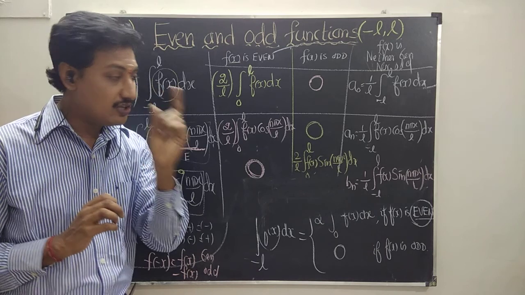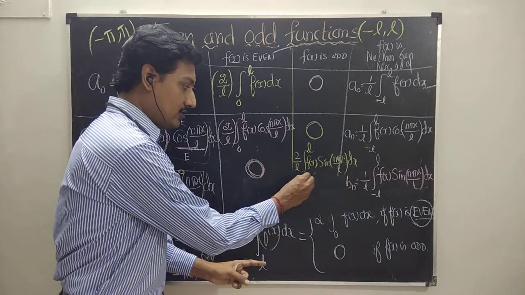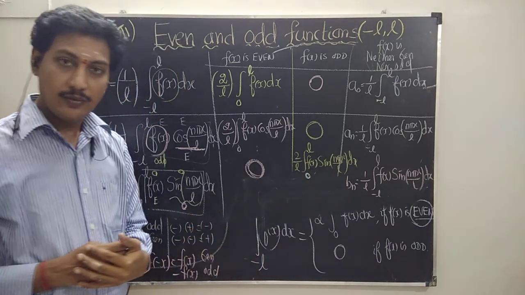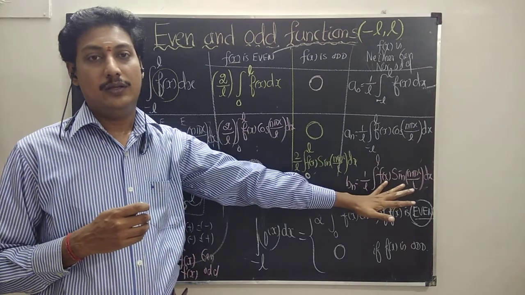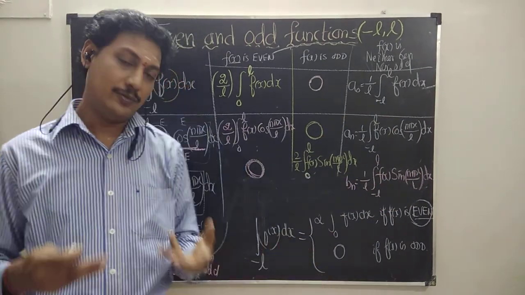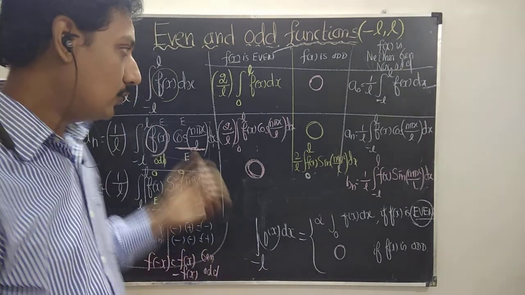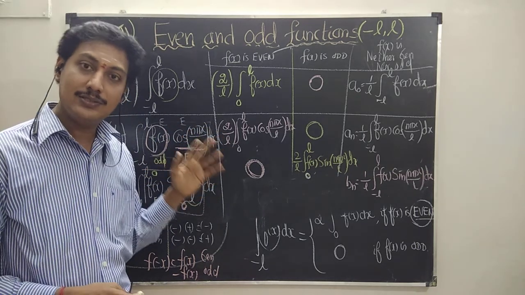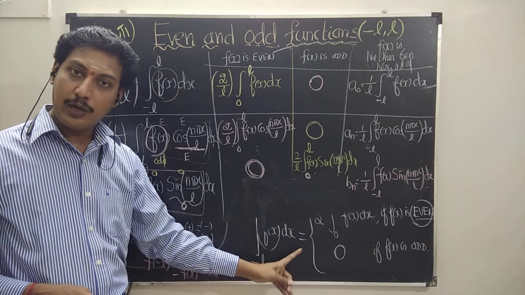That has a slight change in the formula. See that 2 in the numerator, the lower limit of the interval is 0. Suppose the function is neither even nor odd, don't worry about it. We find it out as usual, no problem at all, because even though it may come to 0, don't worry about it. So that is the beauty of this even and odd property as well as the definite integral property.